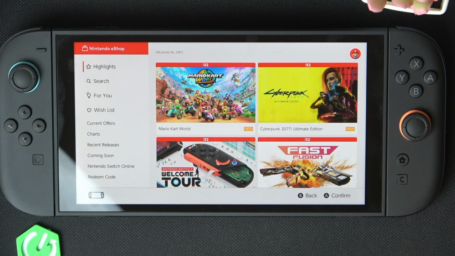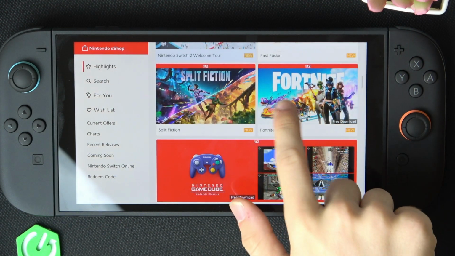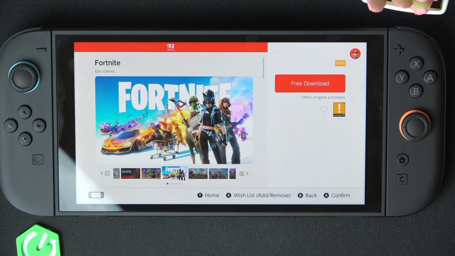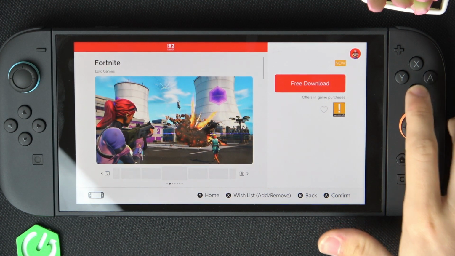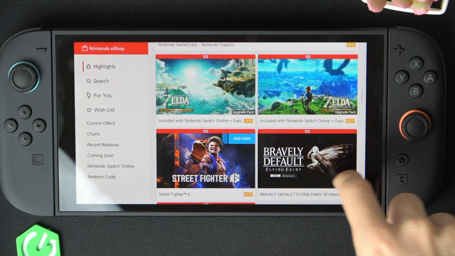So you can simply select what do you want to buy. You can see some of these say it's a free download. So you can just click on free download and it'll download the game without you needing to pay. That's pretty great. But if you want to get something that's actually paid,